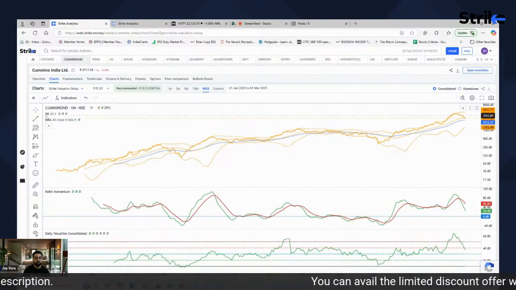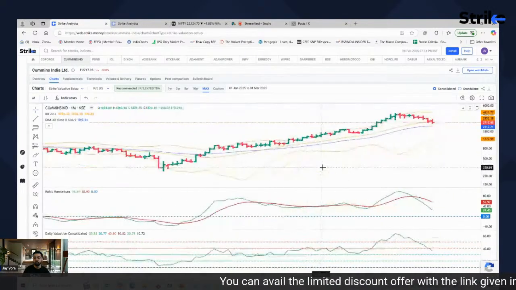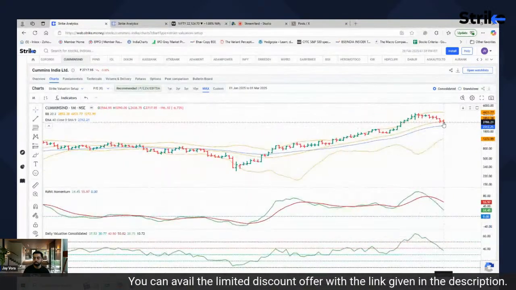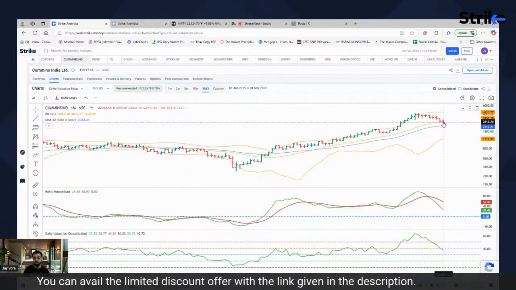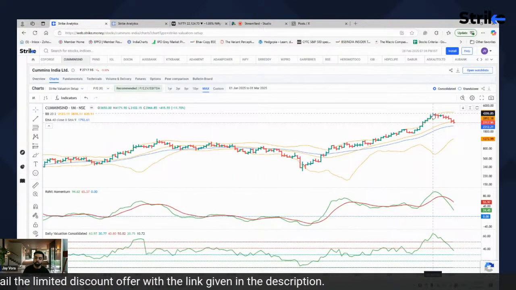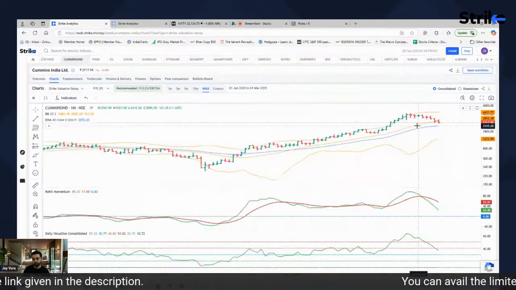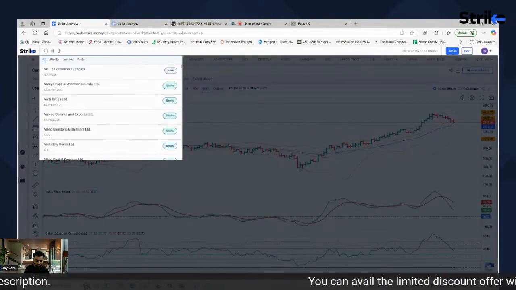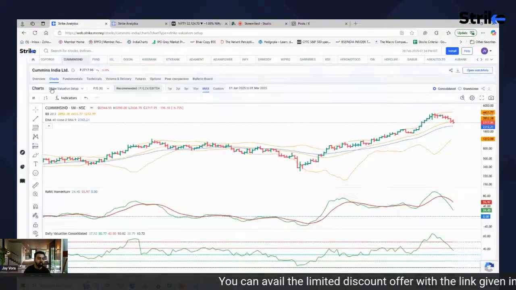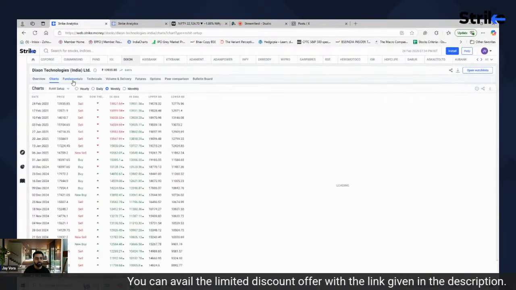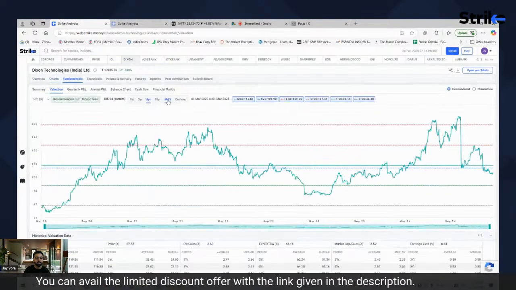Okay, you can see over here that it is coming over here, and you need to be careful. Now I know you would say, arre, it has already corrected 20-30% from the top, what is there to sell now. Okay, but I will tell you, when overvaluation happens, you can see a meaningful decline,